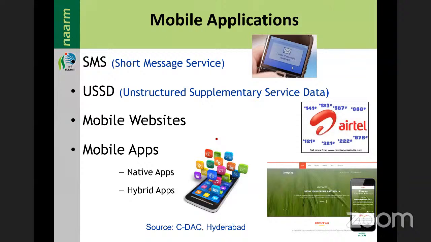That means if instead of date of birth you type some characters, it won't accept it. It will accept only the date format. If instead of a name you put numbers, it won't accept it, because it is predefined: for a name you have to give only characters, and for numbers, the numbering system 0 to 9 only. If it is alphanumeric, then it will accept only alphanumeric. But here, unstructured supplementary service data means you can send any type of information, with no need of any particular format.